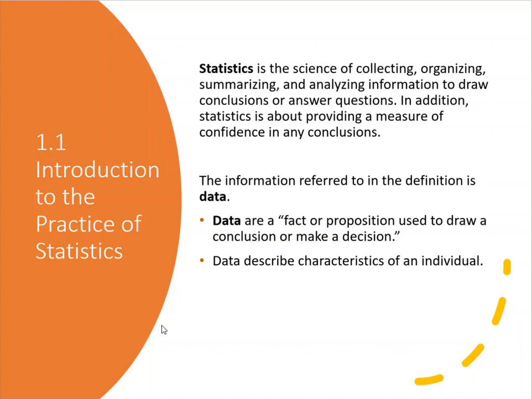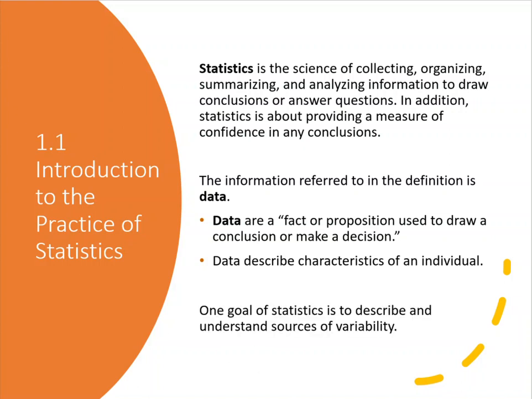So when we think about data, like height, for example, we know that height is going to change. Not everybody in a classroom is going to be the same height. Same with hair color. Nobody has the exact same hair color if we're talking about people in a classroom. So the data that we're looking at is going to be some sort of characteristic that we want to observe, and it generally is going to have some sort of variability. We want to keep in mind that the goal of statistics is to be able to describe and understand the variability that we are looking at in the data that we are collecting.